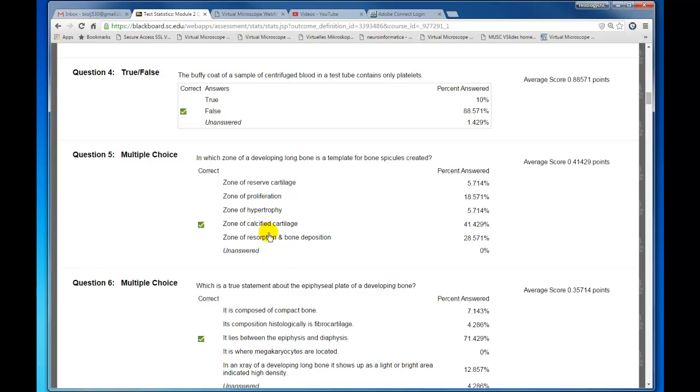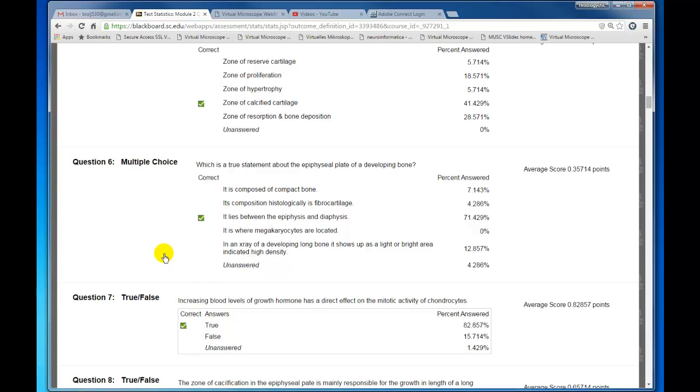The zone of resorption and bone deposition is where the osteoblasts are depositing bone matrix upon the calcified cartilage template. The next question, number 6, which is a true statement about the epiphyseal plate of a long bone, developing bone? Well, it lies between the epiphysis and diaphysis. Remember, the epiphysis is the end. There are two epiphyses in a long bone, one at the distal end and one at the proximal. And so the epiphyseal plate actually lies between one of those ends and the main shaft of the bone,